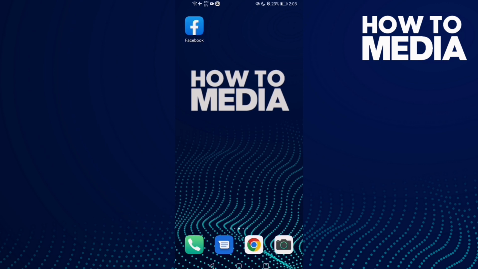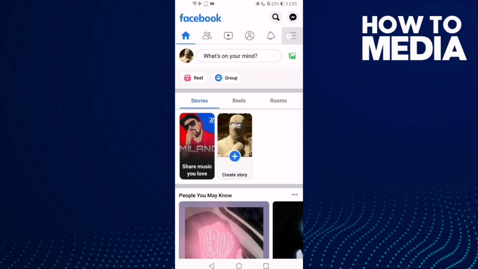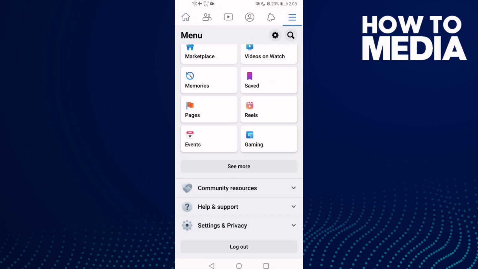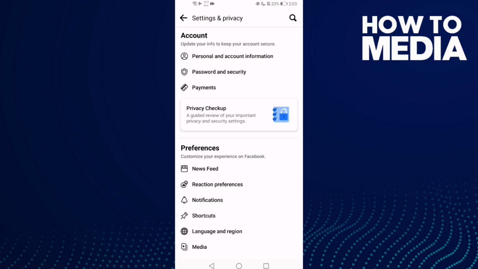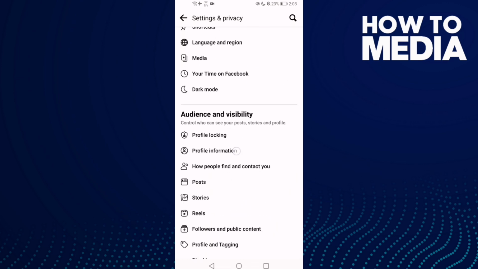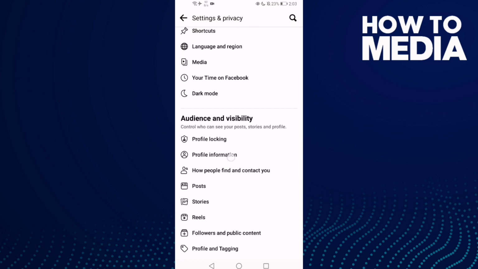First thing you're gonna do is go to Facebook and now click these three lines here and go down until you find settings and privacy, and then click settings and now go down and you will find here this one, profile. Click on it